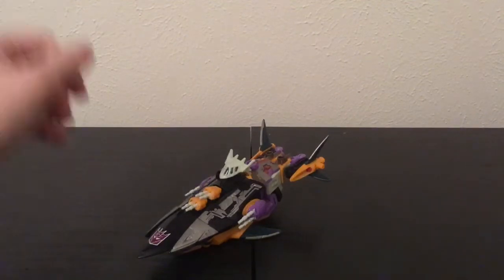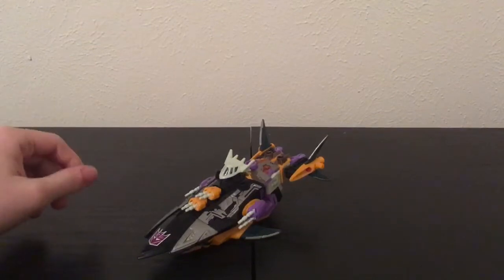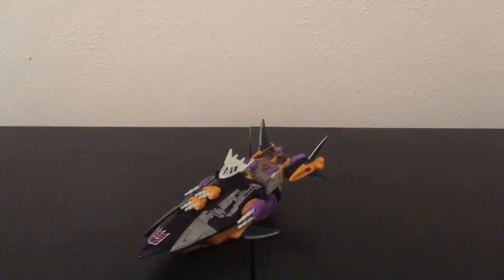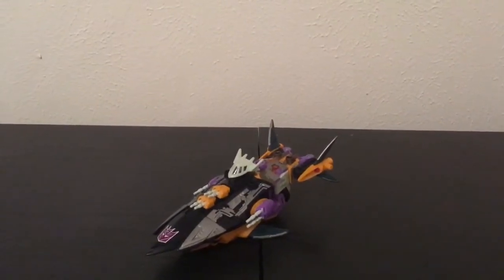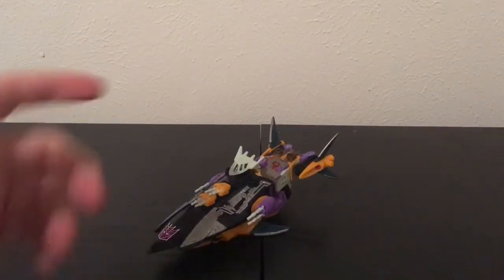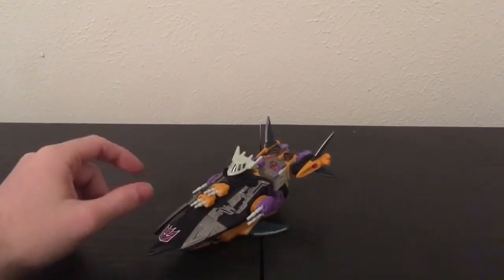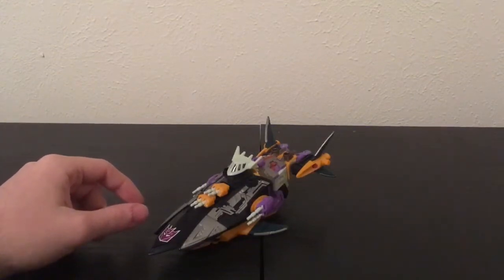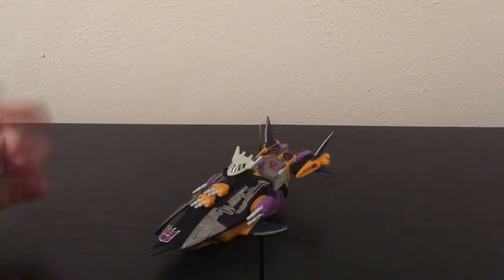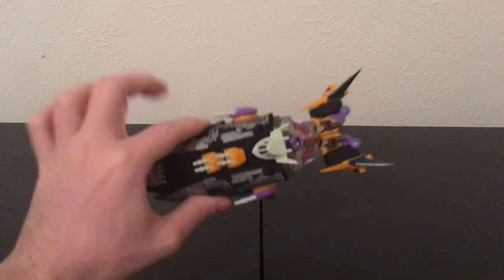I haven't attempted recording the Constructicon review again, just because I didn't really feel like it. I wanted to review something a little bit more complex than the G1 figures, because I like the G1 figures to an extent, but they're boring. It's just nostalgia, and that's literally the only reason anybody likes them. They're simple and kind of boring toys. So I wanted to review something extremely interesting that there's not very many reviews of, and that will